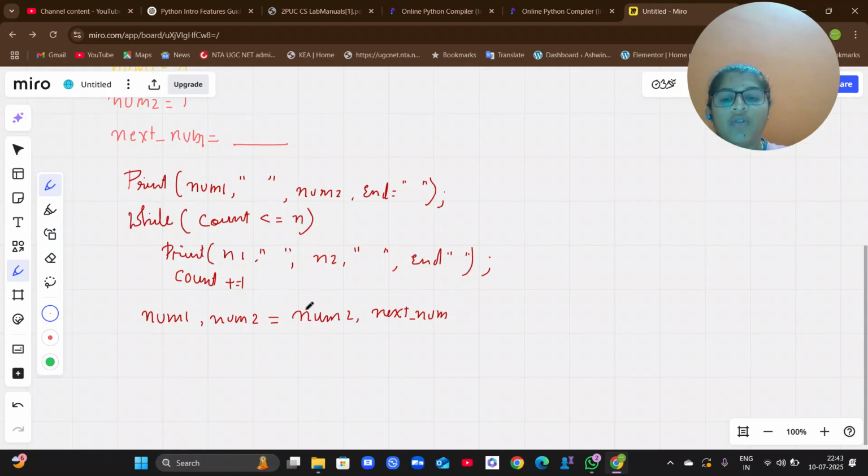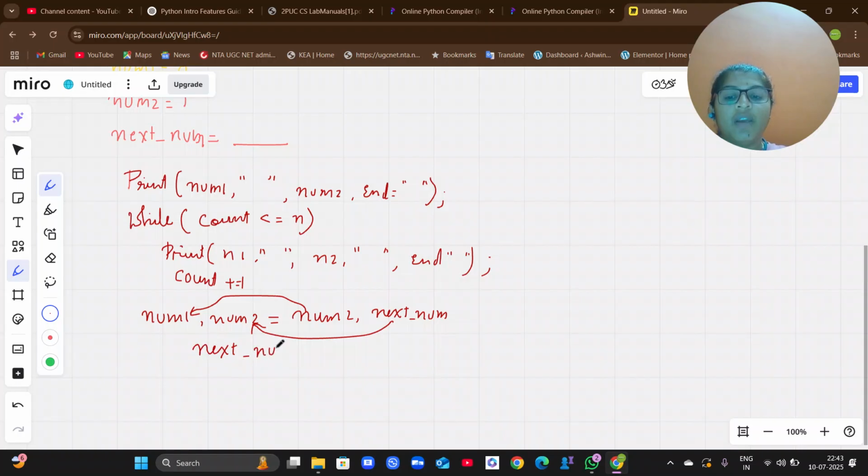My num2 will go to num1, and my next value will be assigned to num2. First I'm going to transfer whatever is in num2 to num1. Now my num2 will be empty, so whatever the next value is will be shifted to num2. My next number has to be updated, right?